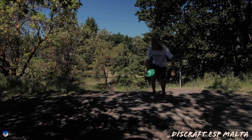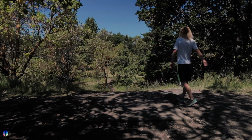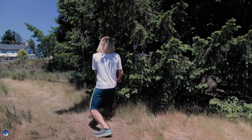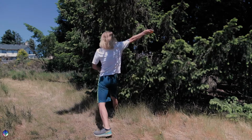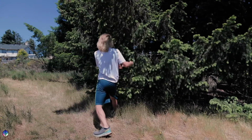All right, this is a fun hole. Blind shot. Just kind of have to go over everything, and then it ends a little bit left, so I'm throwing my Malta, decently overstable mid-range. I just fade a little too far left, so I'm behind this tree, having to do this weird floaty putt